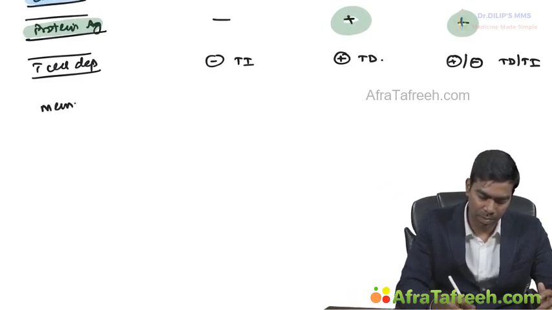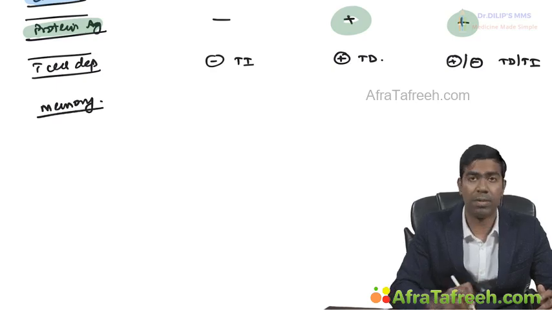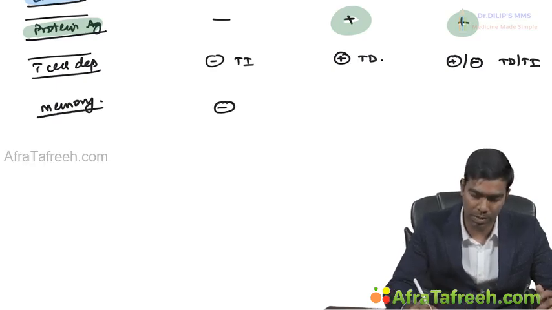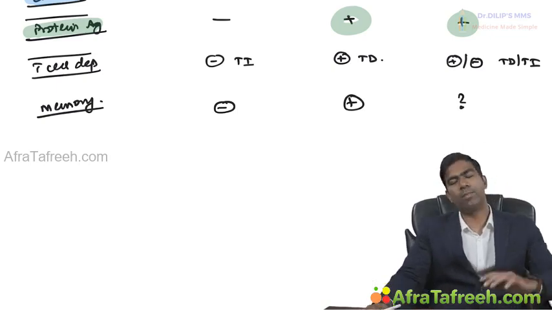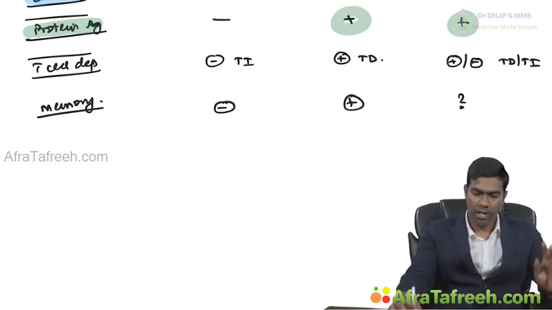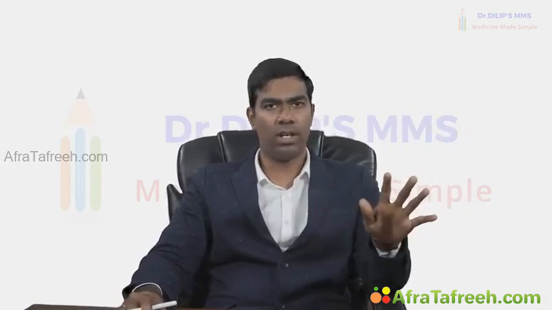Whether they can produce memory B cells, I told you plasma B cells, but memory B cells or not, no. They cannot produce memory B cells. They can produce memory B cells, but here we don't know whether they really produce memory B cells or not. We have no idea. But definitely follicular B cells is a known thing. It's a very extensively studied thing. They do produce memory B cells, but there is no evidence that your B1 B cells will produce any memory